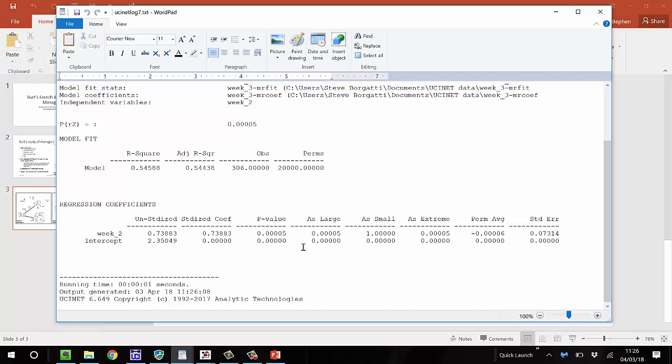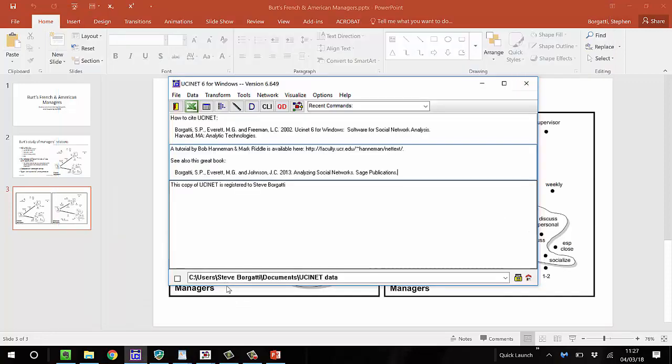So now, what do we think might predict ties? Well, last time we said it was things like gender, right? Maybe the same gender. So let's do same gender. Now, how do we get to the same gender? Well, we can create it by going to Data, Attribute to Matrix,